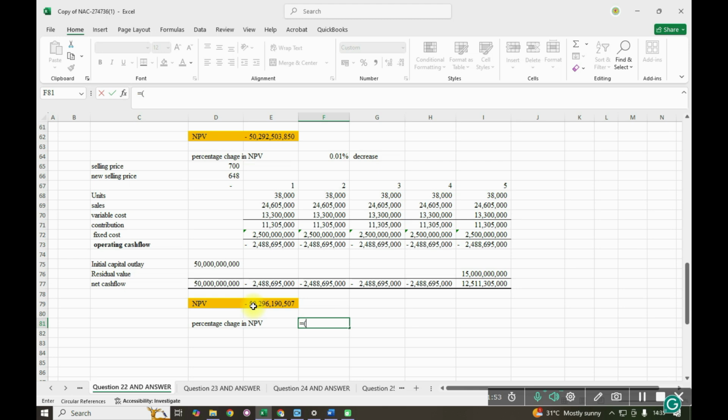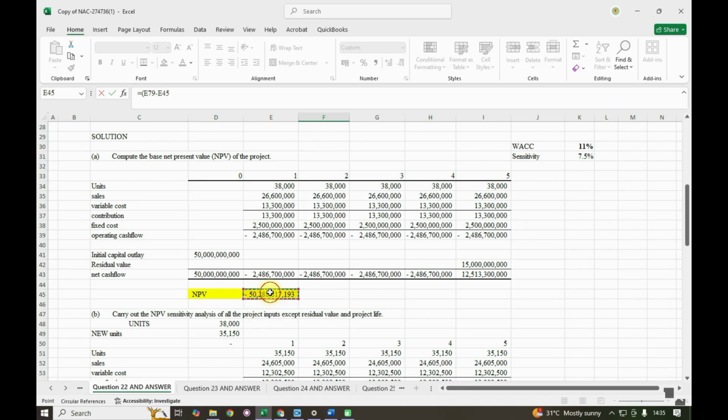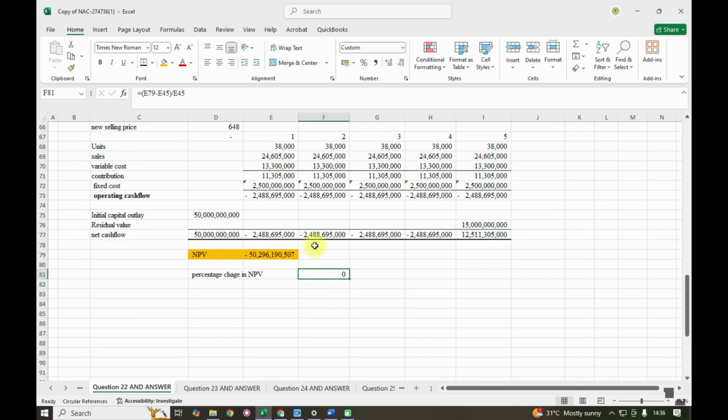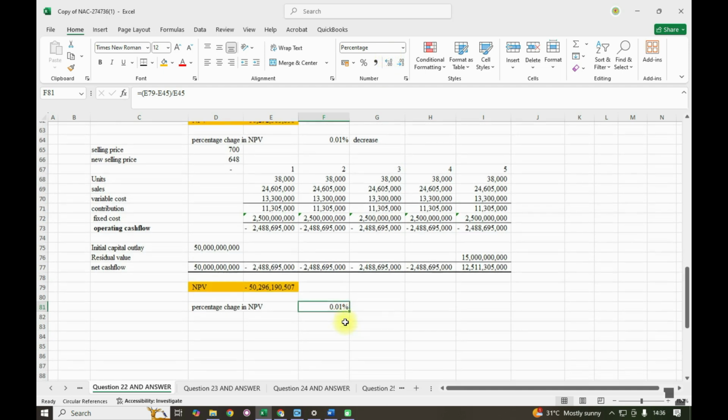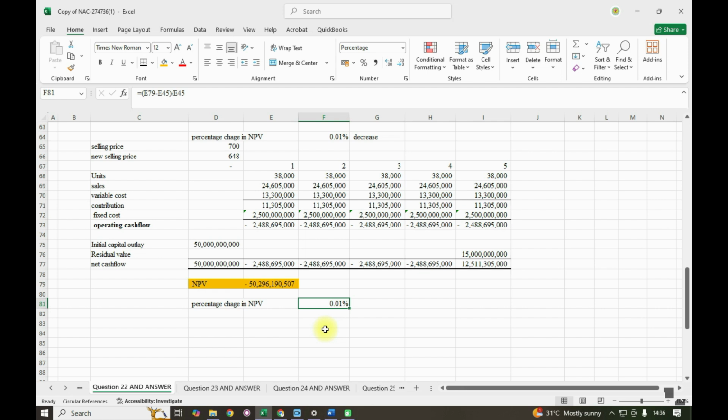So I'll open the bracket. This one we minus the base. Remember, we are looking from the base, and we divide by the base. We enter. We change this into percentage. Increase to decimal. Again 0.01. Yeah, almost the same change. Almost the same change. 0.01,